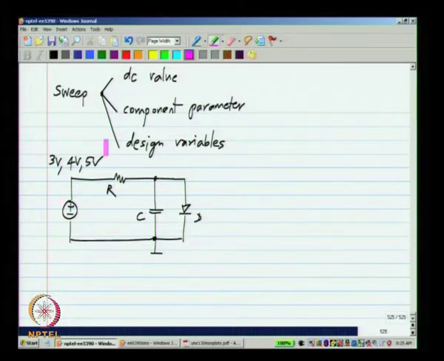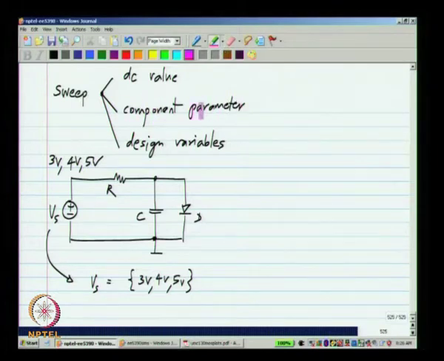You do not have to set up the circuit 3 times and then run the simulator 3 times. You can specify that this voltage takes on 3 values. The simulator will go and analyze it 3 times with the 3 different values and give you the results. And these are all convenient features. This is just so that you have to do less work and you can get the results more conveniently. Similarly, you can also change the component parameters and see how the circuit behaves. Sometimes you may want to vary some component value in order to optimize it, or in order to just study the behavior of the circuit. So, that also is possible.